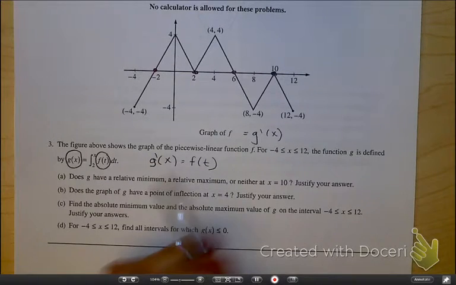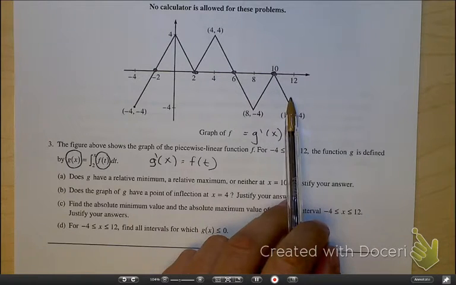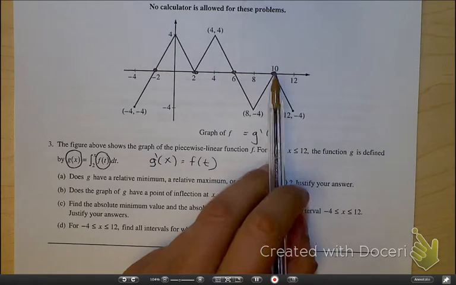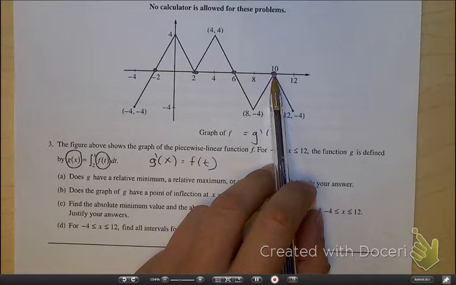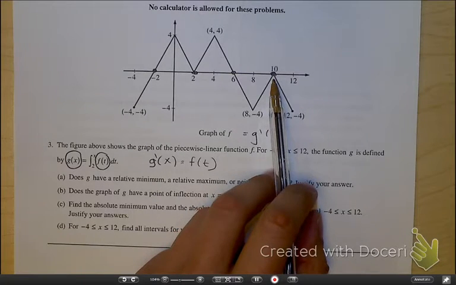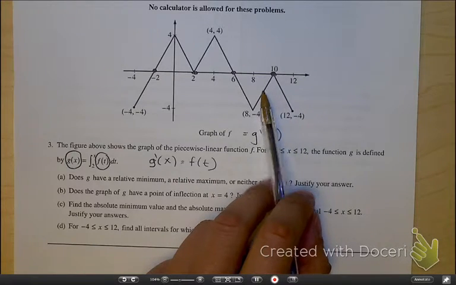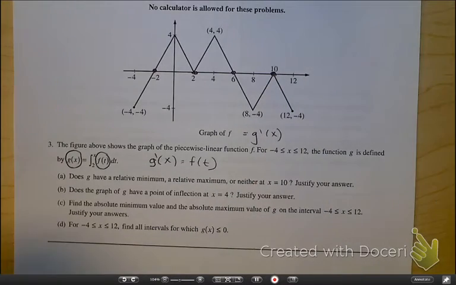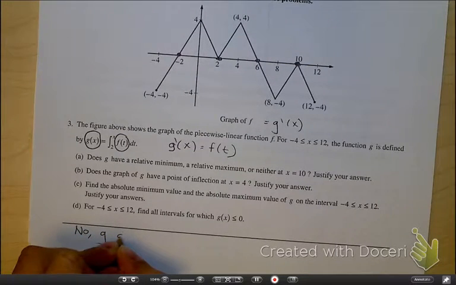However, notice that it does not cross through the x-axis. It touches it and then comes back down again. It bounces off the x-axis. In this case, that means on the original function, 10 would be a horizontal tangent line, but it would not actually be a maximum or a minimum because it goes from negative y values to negative y values on the first derivative. So the original function would go from decreasing to decreasing. So we're going to say, no, g does not